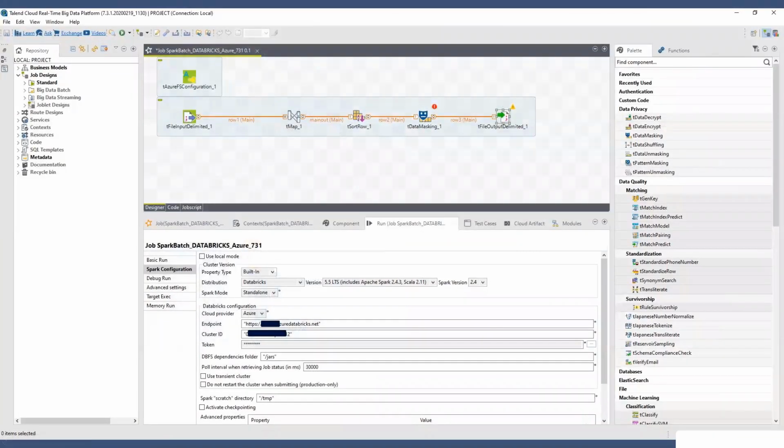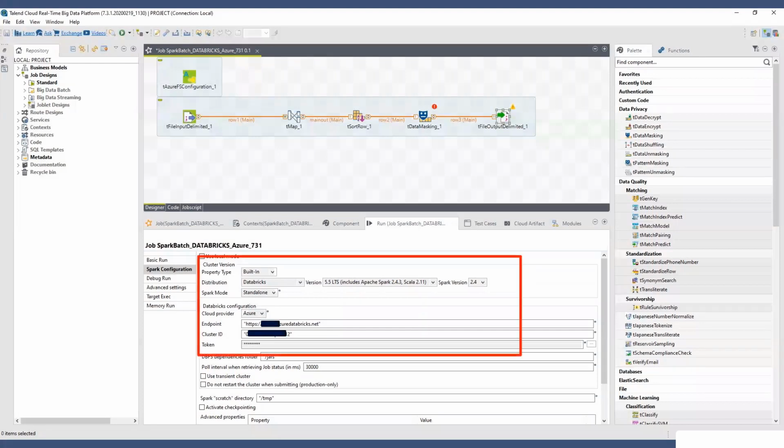So we've developed our job, our workflow, as Mike has mentioned, and now we want to be able to deploy that. Very easy to do. First of all, I have defined the Databricks cluster on which I want this to run. Very simply, we've talked about this earlier. Endpoint, cluster ID, and a token is really all I need in order to define where I want this job